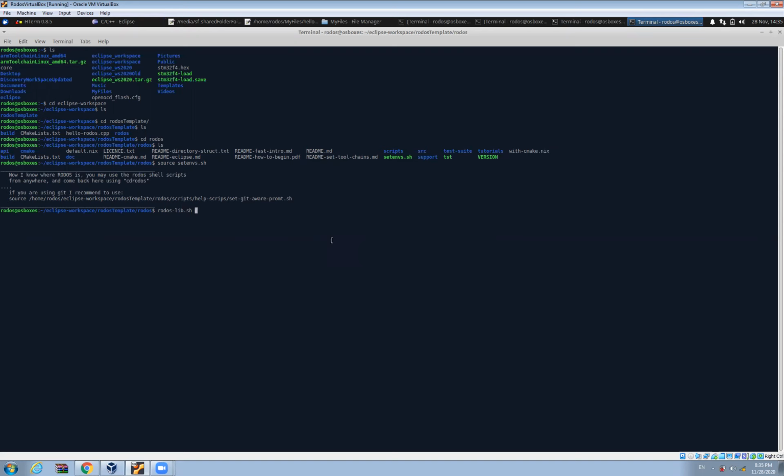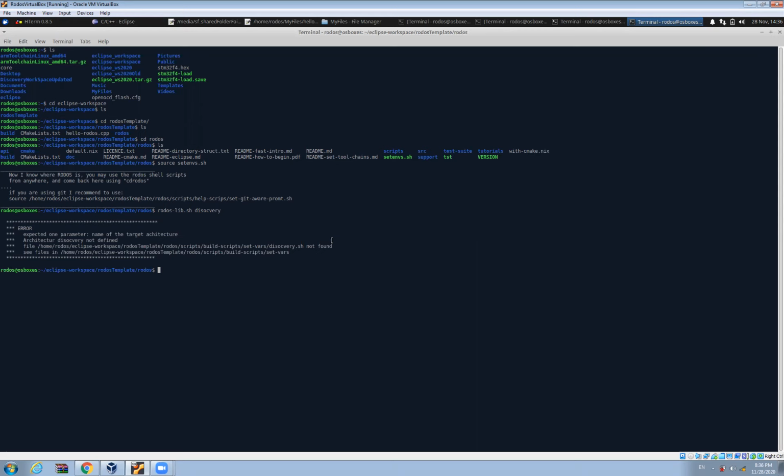This is the script which contains all the instructions to compile the Rhodos library, but we have to specify for what architecture. We have different architectures, for example AVR, Linux, Windows, and here we have the discovery board. So we will write discovery. This is an option in our system, that whenever you want to compile the library for the discovery board, you have to run this script Rhodos-lib.sh discovery and enter.